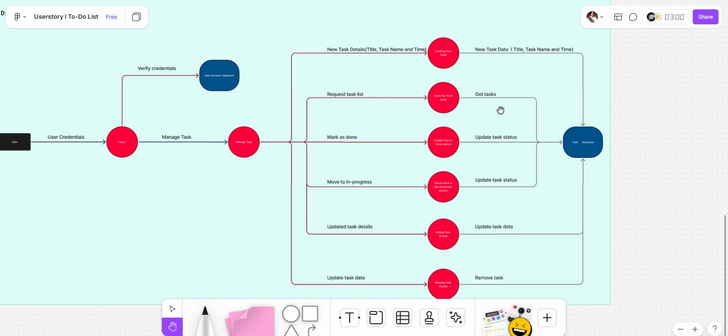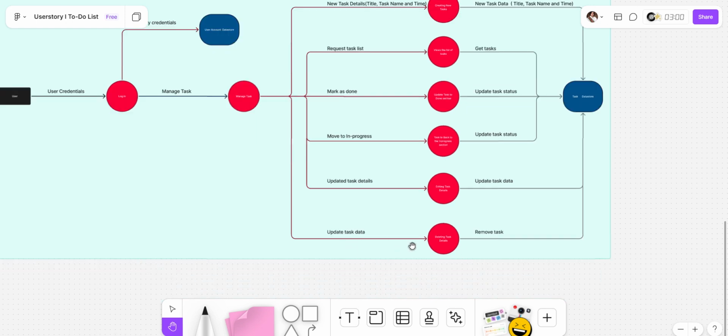And also the request task, get task, and update task status. Go to in progress, update task status, updated task details, update task, and remove task. That's all for now